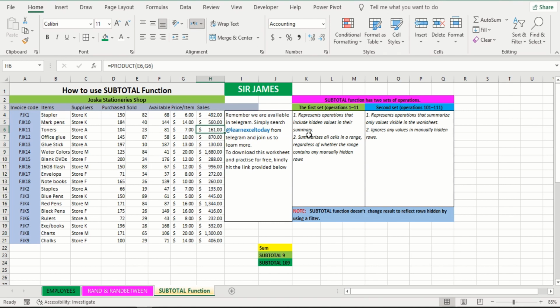The next thing we are going to look at is the subtotal function, which has got two sets of operations. The first set lies between operations 1 to 11, and the second set lies between operations 101 to 111. What I mean is that if you type the subtotal here,